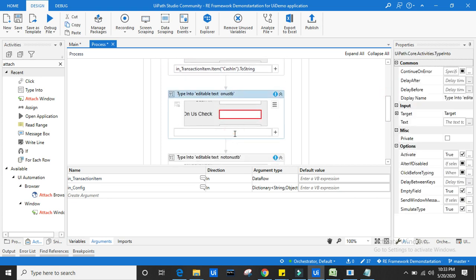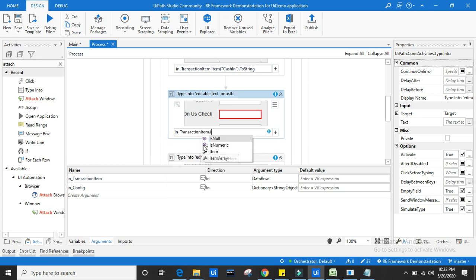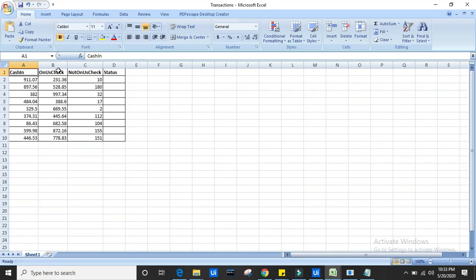Next is in_transaction item dot item of what? I need the item of which column? I need the item of on US check column.